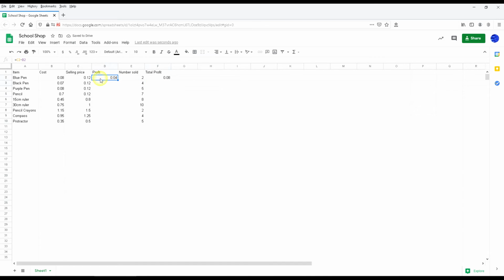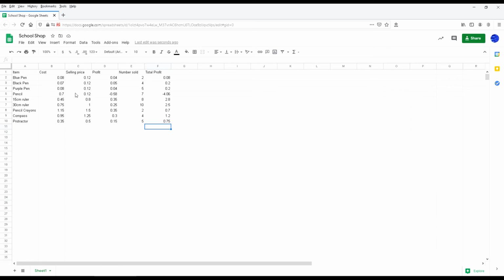So what we're going to do now is click on that one just once and go to this bottom corner to the replicator. You see how the mouse pointer goes into a black cross, and then we just replicate those down so that we don't have to keep typing the formula in each time. So once we put that in, if we look at our profit, we can see that there's something very wrong here because we're losing money